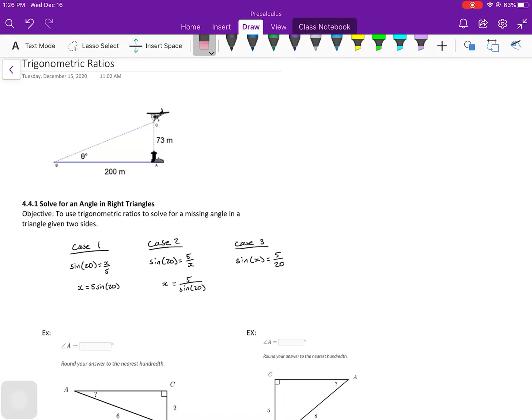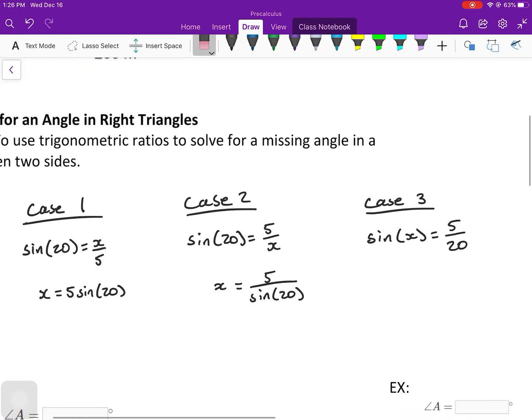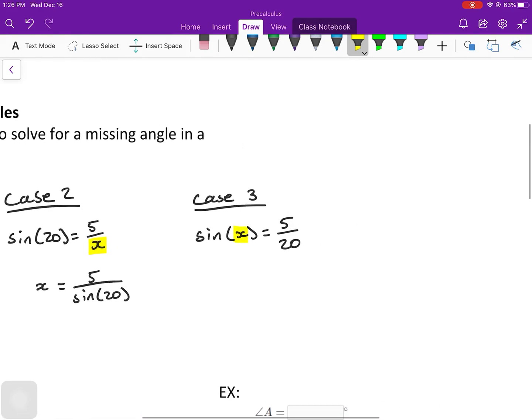What if instead of a side we want to find the angle? So I put the last two cases that we saw. If x is on the top, multiply. If x is on the bottom, we divide. But what happens if x ends up on the inside? So when we end up in the situation of a missing angle,